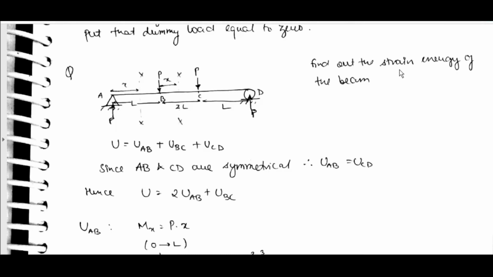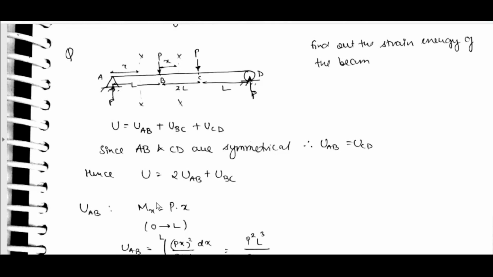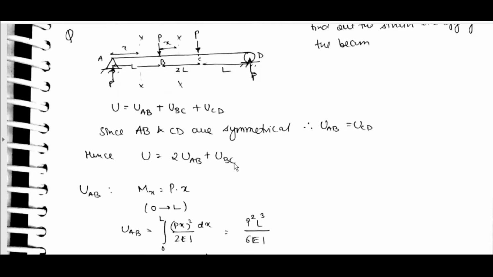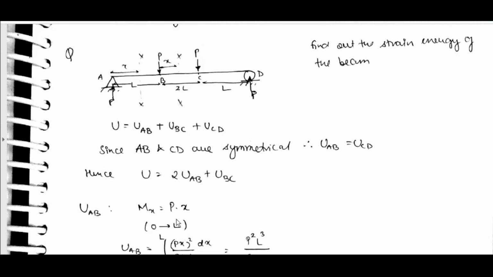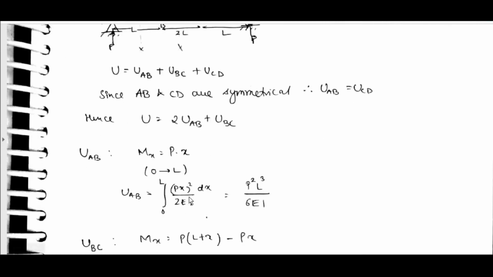Find out strain energy of beam. U is equal to UAB plus UBC plus UCD. Since AB and CD are symmetrical, UAB is equal to UCD. Hence U is equal to 2UAB plus UBC. UAB: Mx is equal to P into X till that point. UAB is equal to integral 0 to L (Px) whole square by 2EA dx, which is equal to P square L